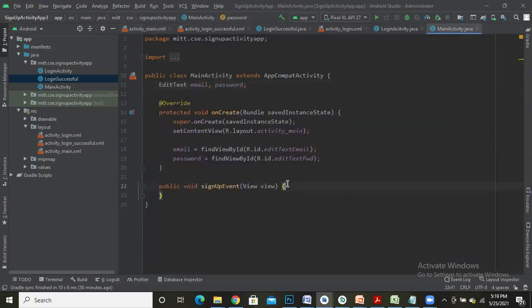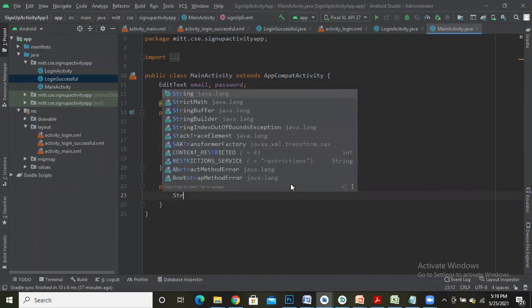So when a button is pressed, I need to make sure that I read the email from the email field and the password from the password field. So let me do that first.